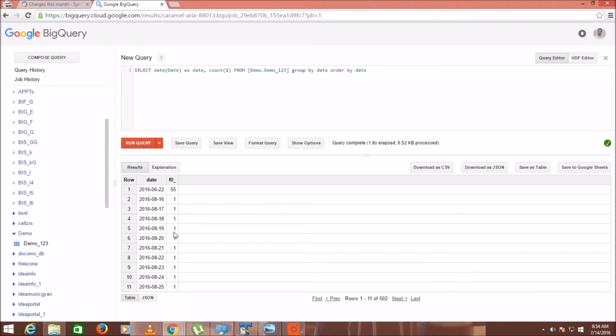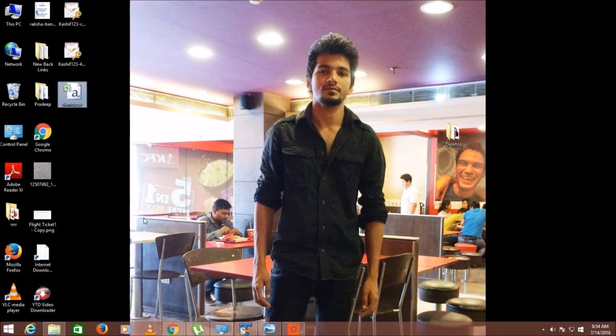So this is the demo data, but when you insert your big data in it, it is really fast, and you can get this data in the form of analytics, in the form of tables, and you can do a lot more things with BigQuery. But this was a file whose size was only 14 KB, and when it comes to big data, the file size could be more than 100 MB.